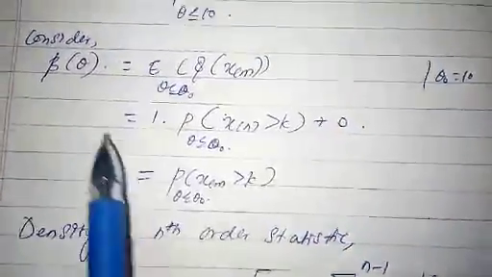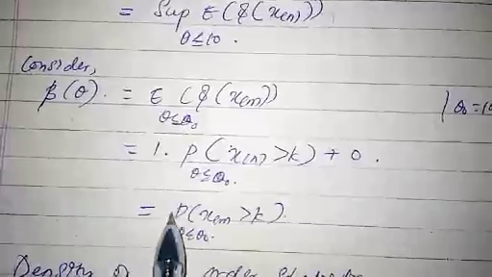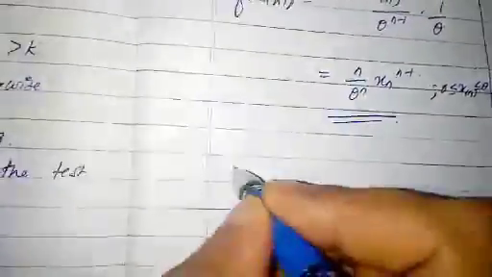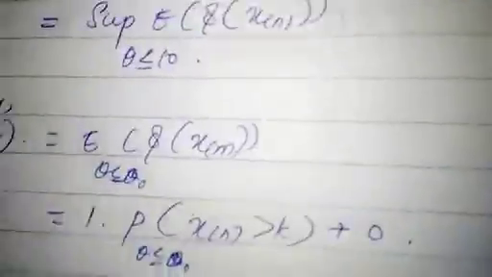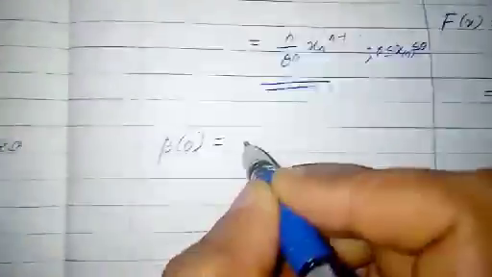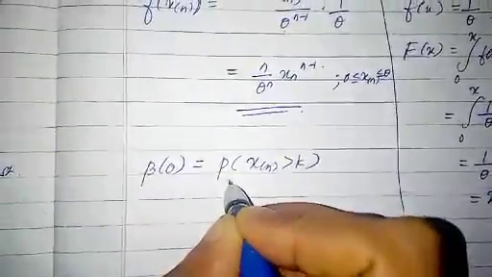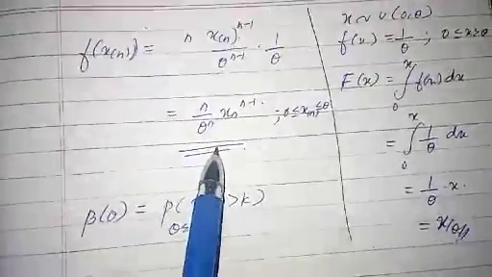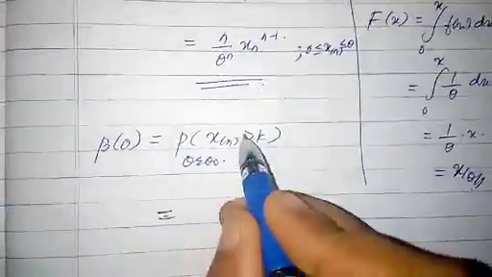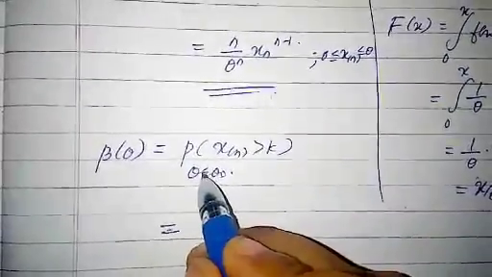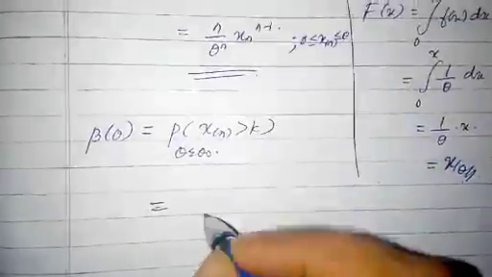Then we are finding this beta of theta value, right? So then beta of theta equal to, here what is beta of theta? Here it is probability of xn greater than k, theta less than or equal to theta naught. Here we got the nth order statistic for x following uniform 0, theta distribution, right? So then here probability of xn greater than k, theta less than or equal to theta naught is equal to,